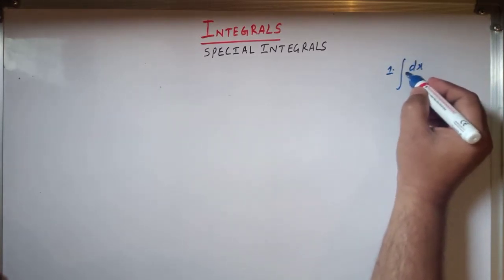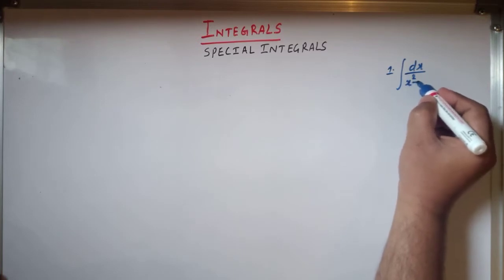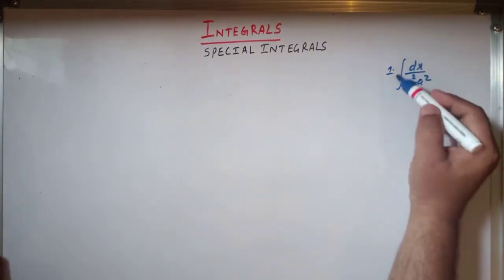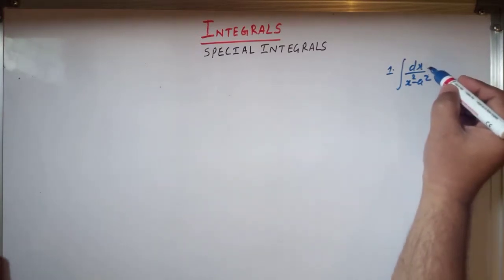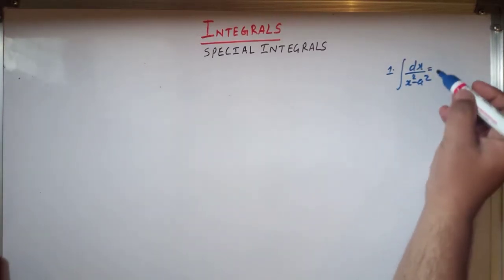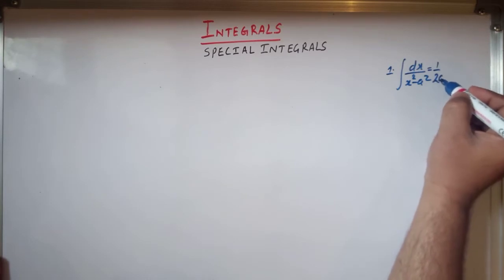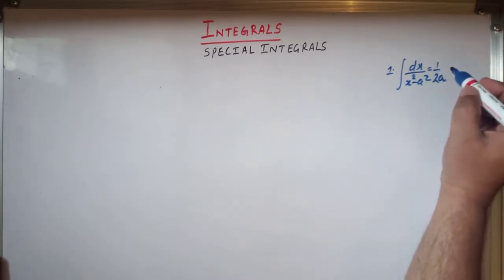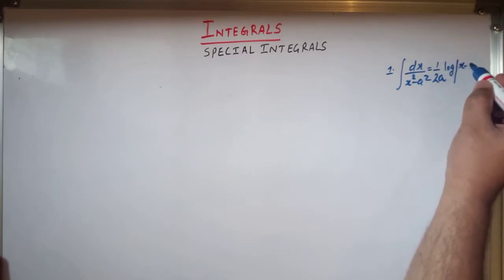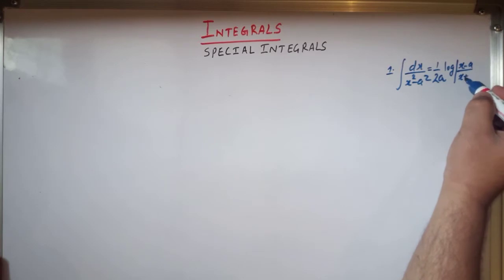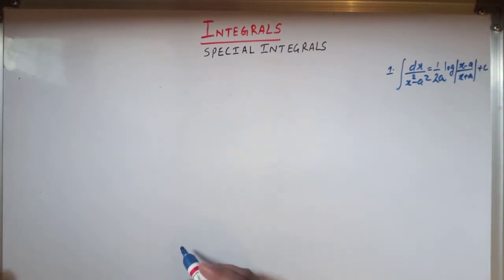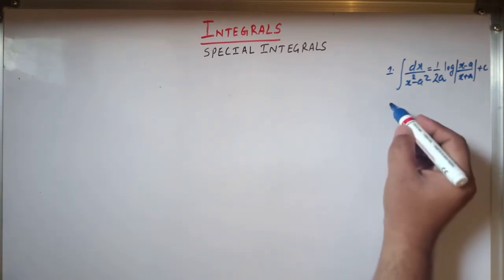integral of 1 over x square minus a square. Suppose we have an integral of this form, then we have the direct formula for solving such integrals as 1 over 2a log of (x minus a) divided by (x plus a) plus c. Clear? Now here's the second one,